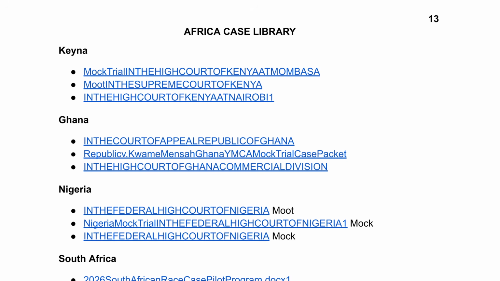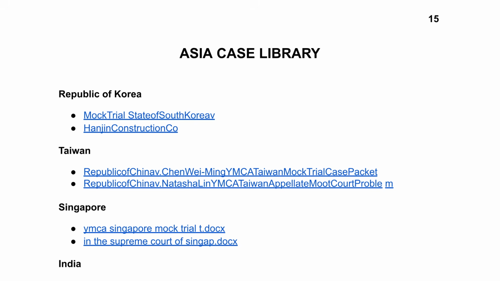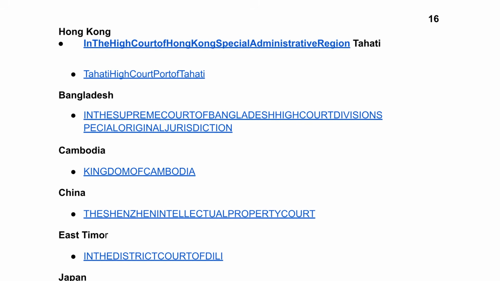The Africa Case Library features a wide array of High Court and Supreme Court cases, from Kenya, Ghana, Nigeria, South Africa, and others, to broaden students' international legal perspectives. This library extends further into Africa, covering legal documentation for Morocco, Rwanda, Botswana, Uganda, Senegal, Madagascar, Mauritius, and the Comoros. Our Asia Case Library provides in-depth materials for major jurisdictions, including South Korea, Taiwan, Singapore, India, and Nepal. We round out the Asia collection with detailed case files for Hong Kong, Tahiti, Bangladesh, Cambodia, China, Japan, and other